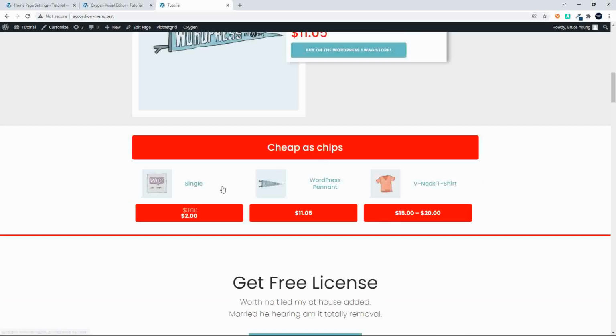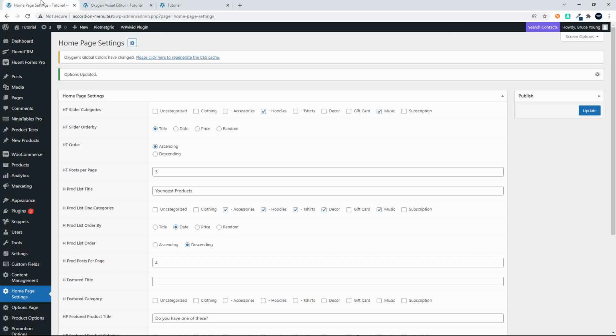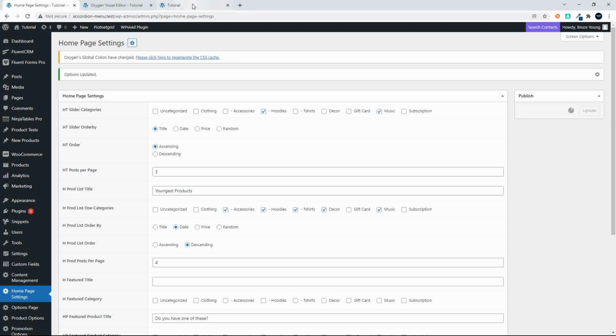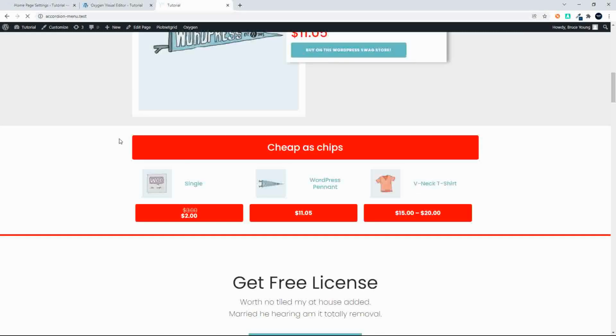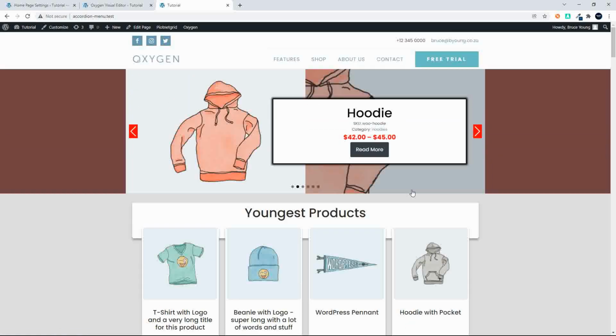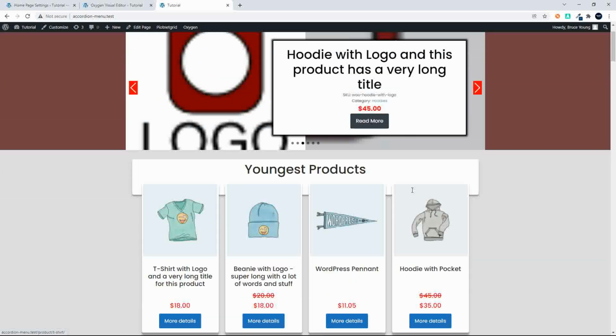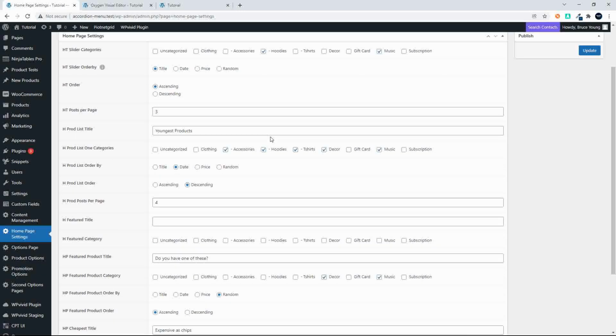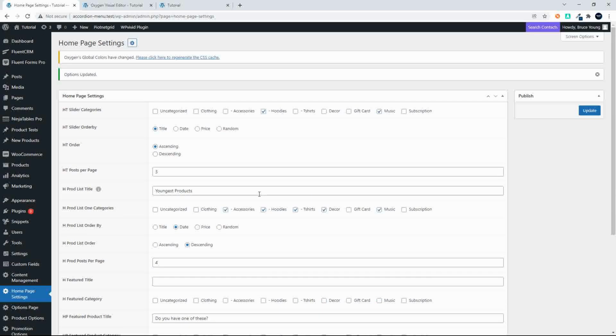And then here we have cheapest chips, and those are the cheapest products on the website. So under cheapest chips we have it price descending. So I'm now going to make it expensive as chips, update, and now you'll see that we have the most expensive item listed down to the cheapest. Now all of these items are controlled from the options page, and it's very easy for us to come along and mix it up in whatever way we like